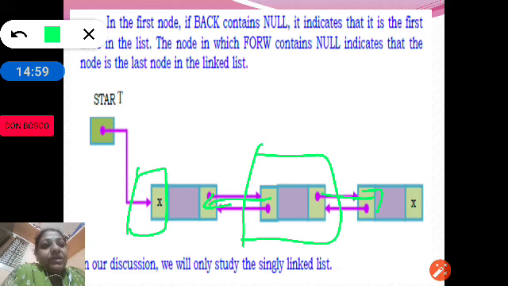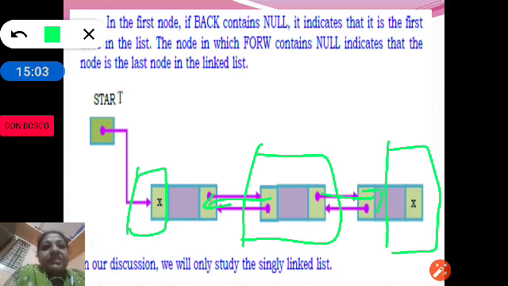Also you can observe that in the last node, forward is null, which indicates the last node in the list. So a doubly linked list means each node has double pointers, one pointing to the previous node and the other pointing to the next node in the list.